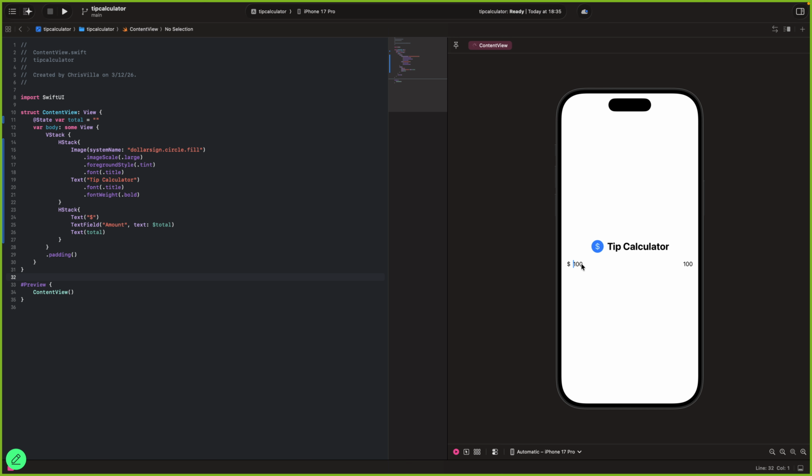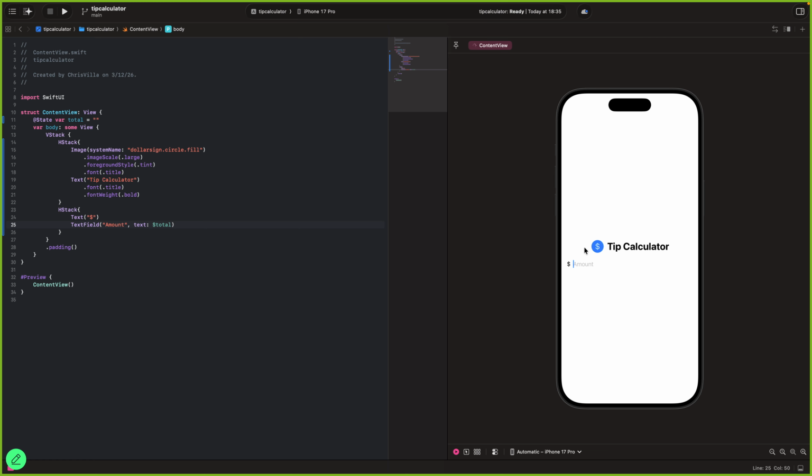I don't know why it takes so long to load the view, but there you go. So it's gonna let you type out whatever thing you want, 20, whatever, and it's also gonna show it on this side, because we also have it print the total variable. So let's just erase that, because it's not necessary actually.